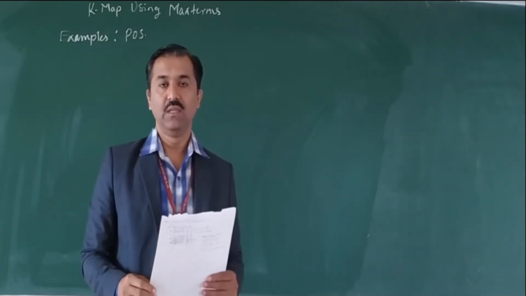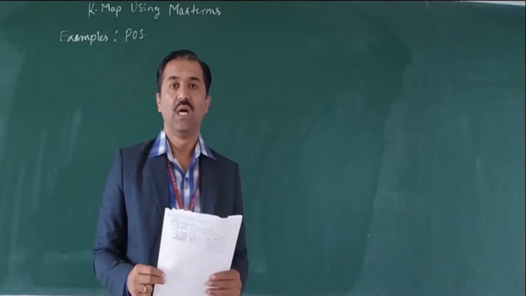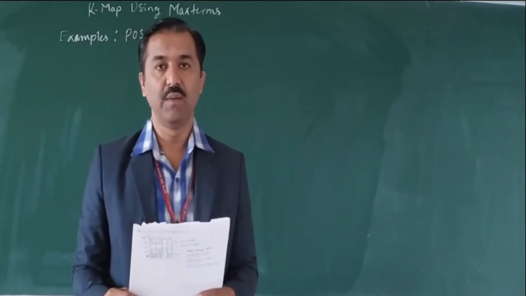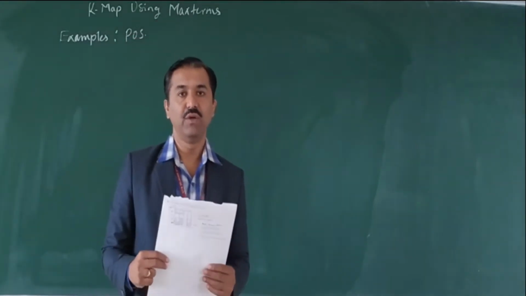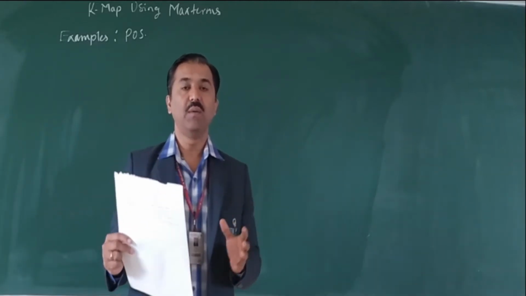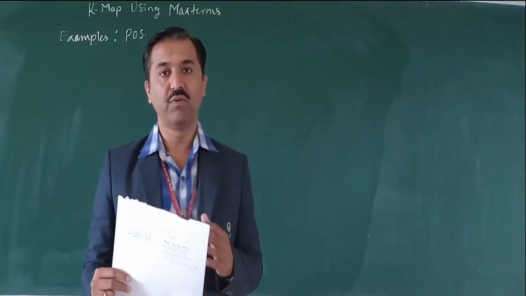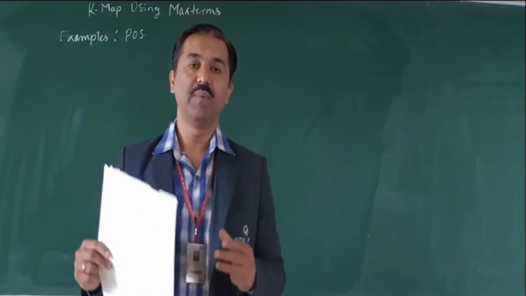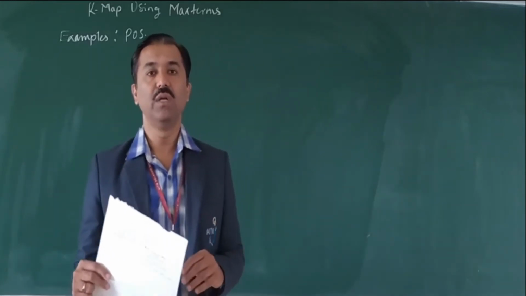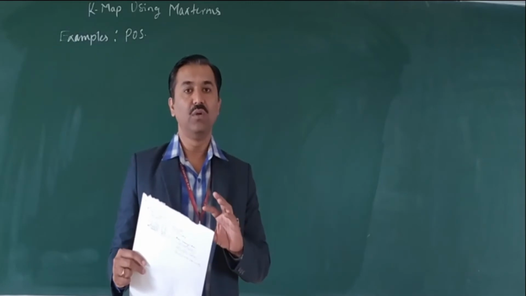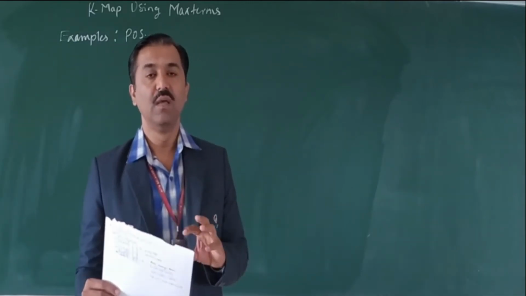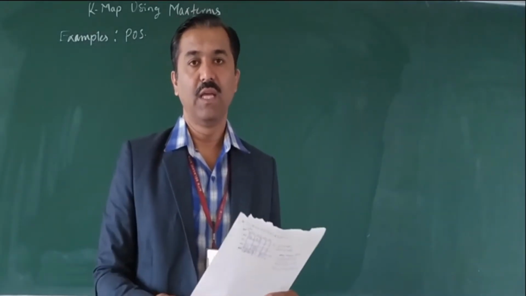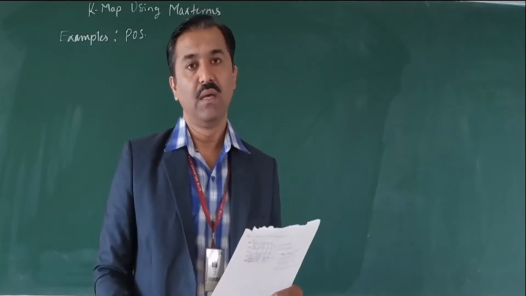So, in this session, we are going to see how a product of sum function or expression can be reduced using K-map. In my previous video sessions, we have seen the K-map being applied on sum of product form. There we considered the min terms in formation of a K-map and reducing the function. Here we are going to use the max term and we are going to group the zeros instead of ones and have a simplified expression for the given product of sum function.